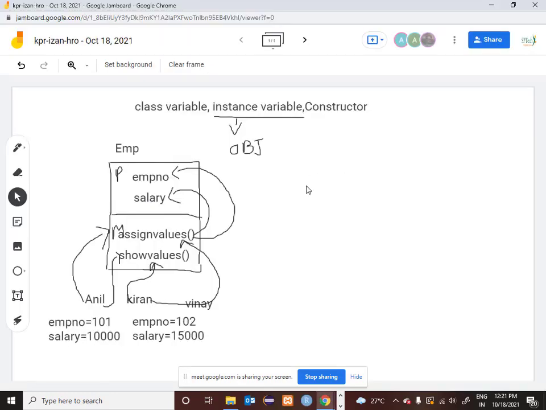But in a simplistic form, if I am logging in, what happens, I'll give my username and I'll give my password, correct? So there will be two properties here. One is the username property and the second one is the password property, right? So I will give my username as Balu and password as 123. So that gets initialized. Now I want to check whether that username and password is correct or not. First I have to feed the password. Second I have to check the password whether it is correct or not. So that portion can be done by this method. It will take that username and password, and it will check in my database. So I'll have a database.